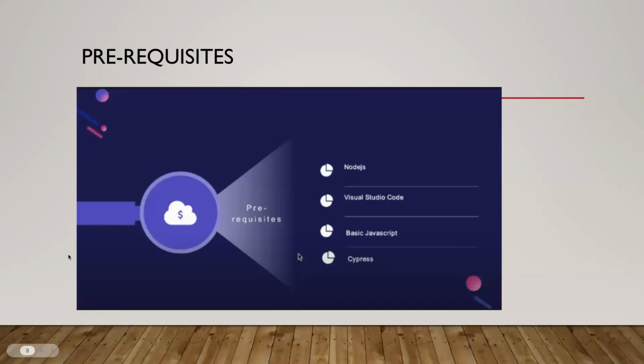Okay, sorry about that. And yeah, the prerequisites are very few. We just need to install Node.js and a VS Code IDE. You can use VS Code, IntelliJ, Eclipse, or WebStorm, there are different IDEs, but I would recommend VS Code, which is very lightweight from Microsoft, and it has the